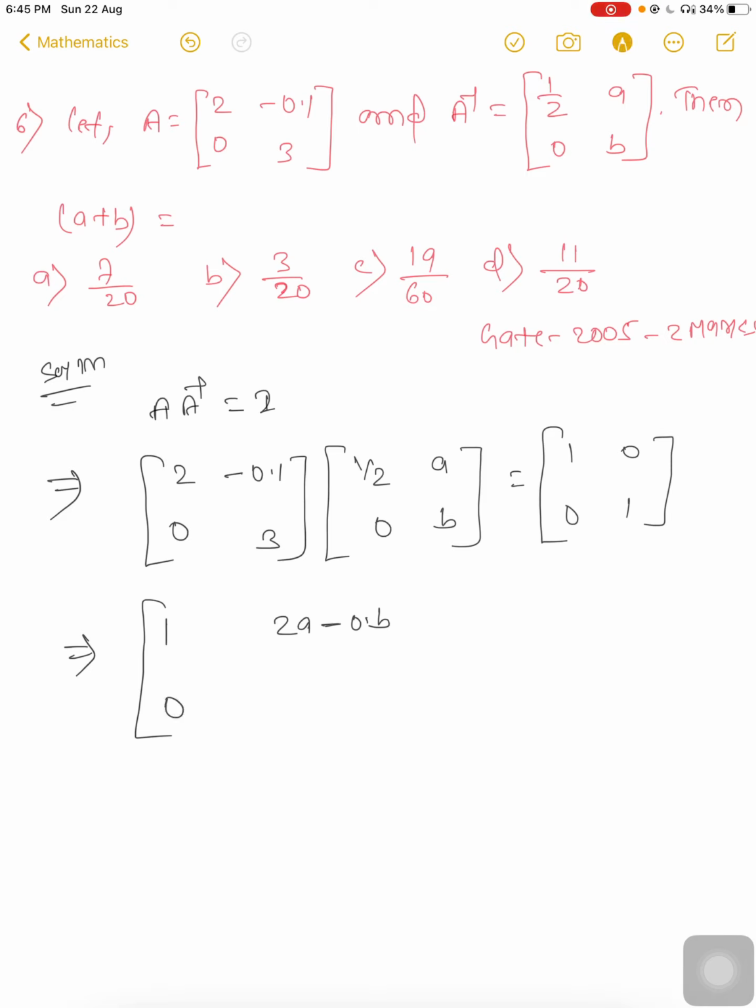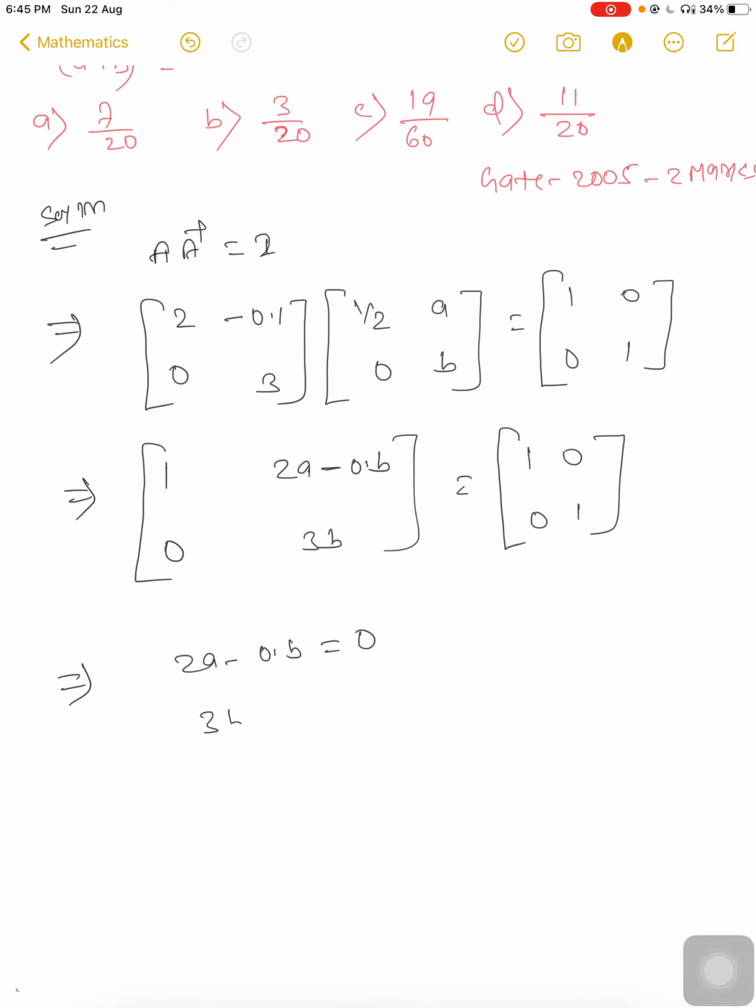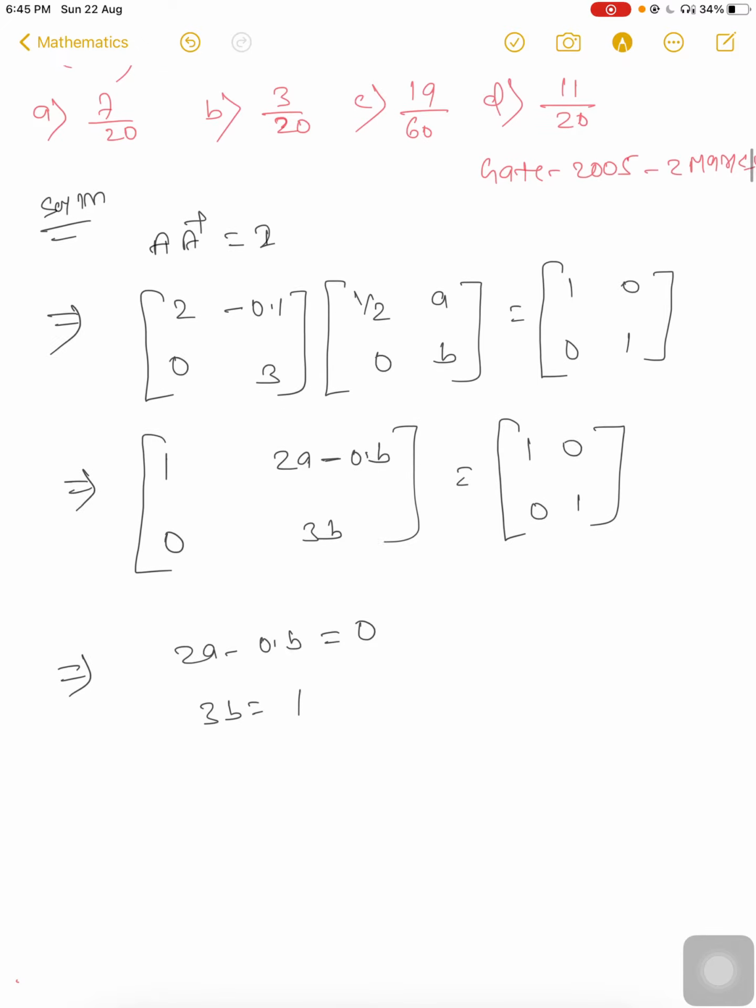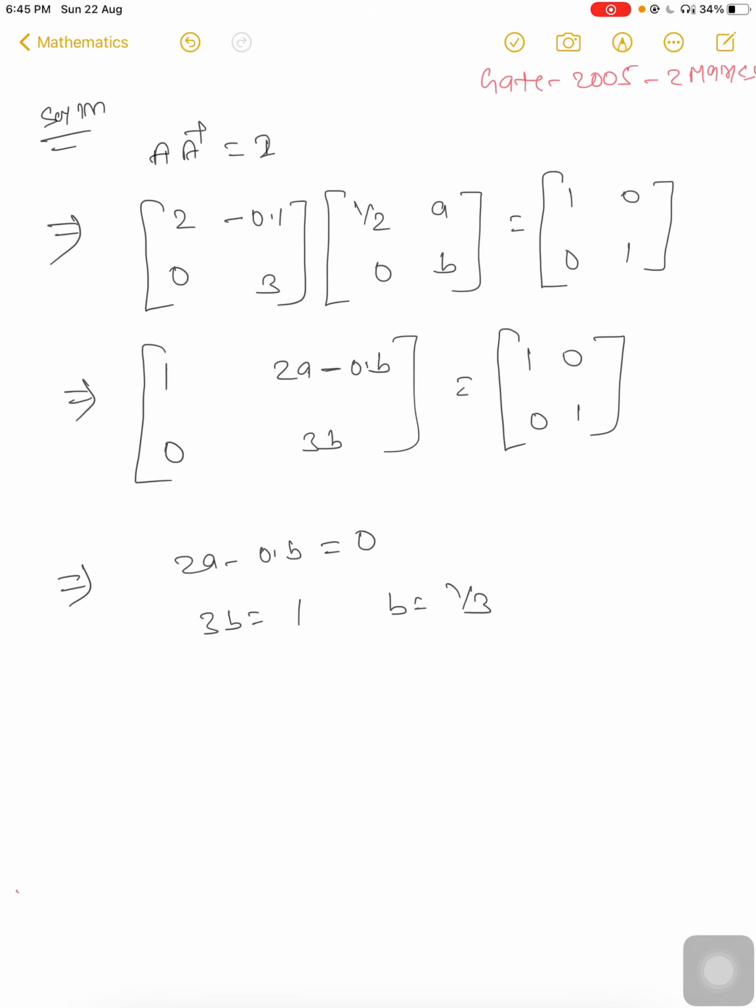0 point b and again 0, and here you will get 3b is equal to 1. Compare it. After comparison you will get 2a minus 0.5 b is equal to 0 and 3b is equal to 1. So b is equal to 1 by 3, and put the value here, then a will be a is equal to 2.5 b upon 2, and then you will get,